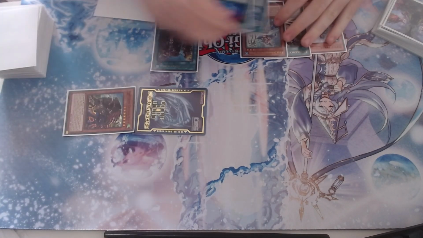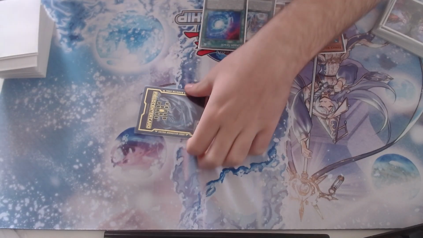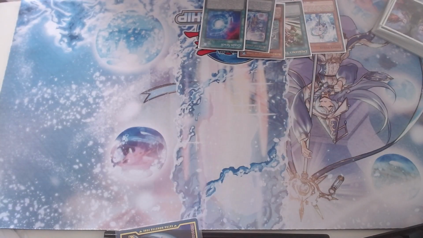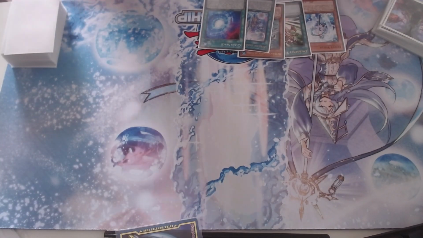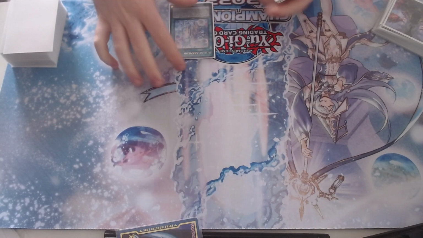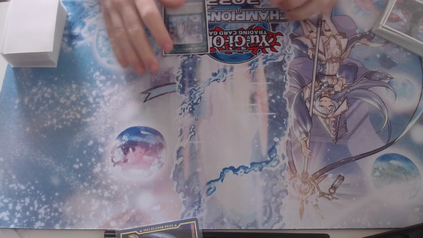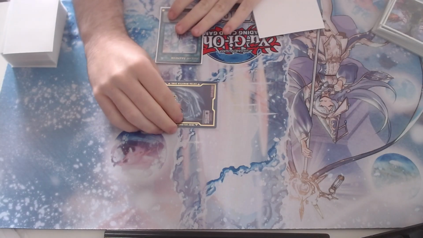I want to go over the optimal line through two hand traps, which is probably the most important thing here. Especially in a game one scenario where you probably won't get drawed. So I think I would start with right. Actually, yeah, let's start with right. If we got Ash and teleport, it's not too deep. So we